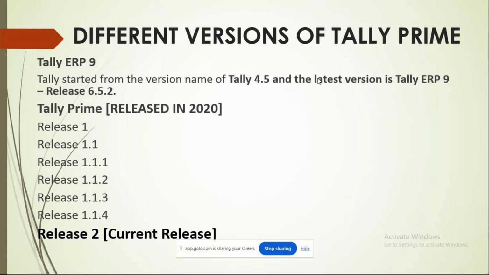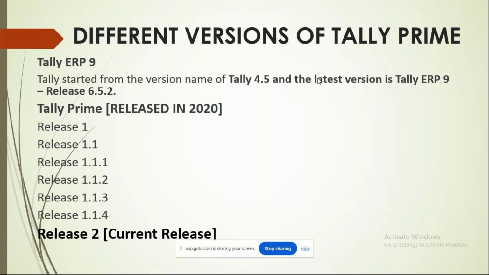The first version of your Tally software, when it started off, was 4.5. Then the latest version was ERP9, Enterprise Resource Planning, nothing but an accounting software for maintenance of accounts, is what your ERP defines, and we had the 6.5.2